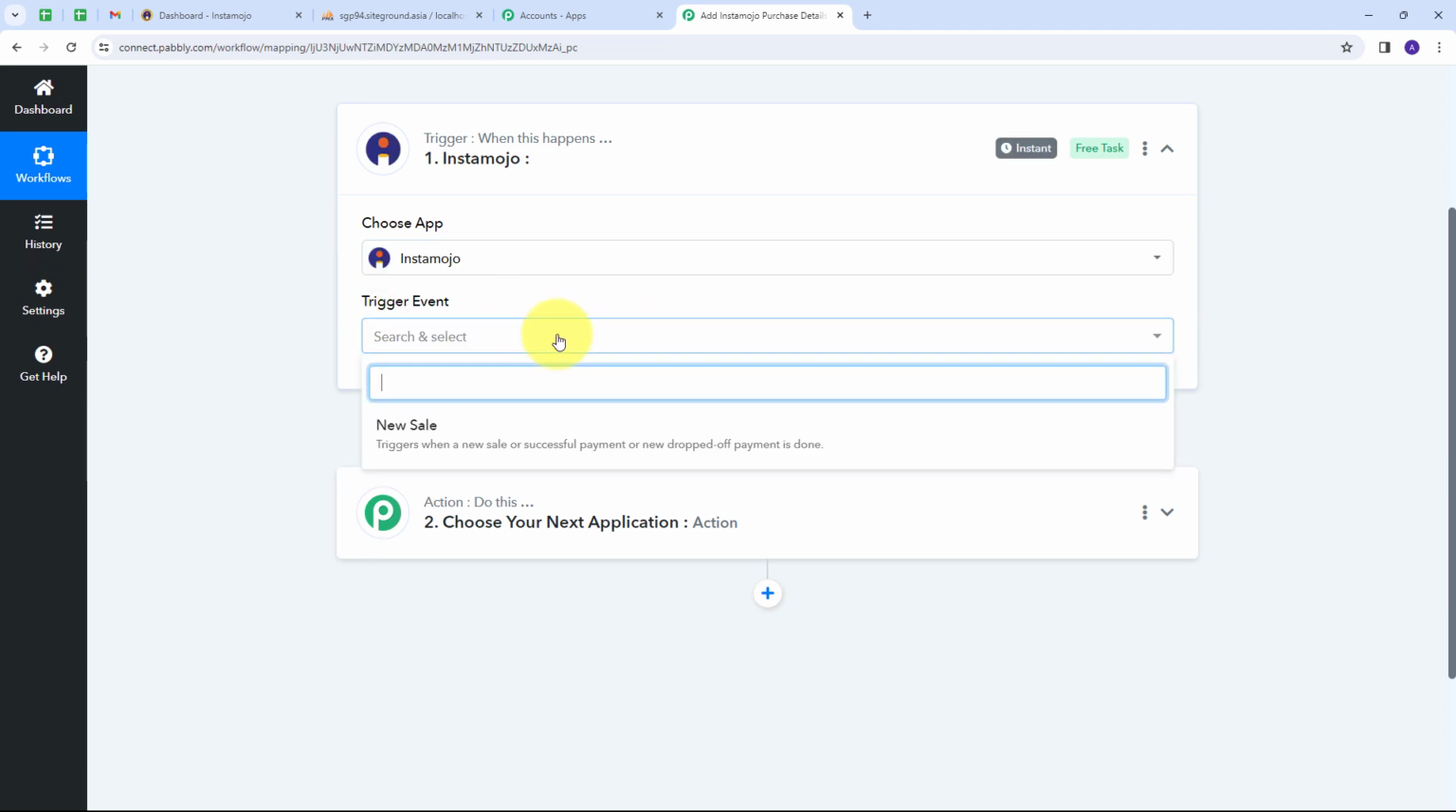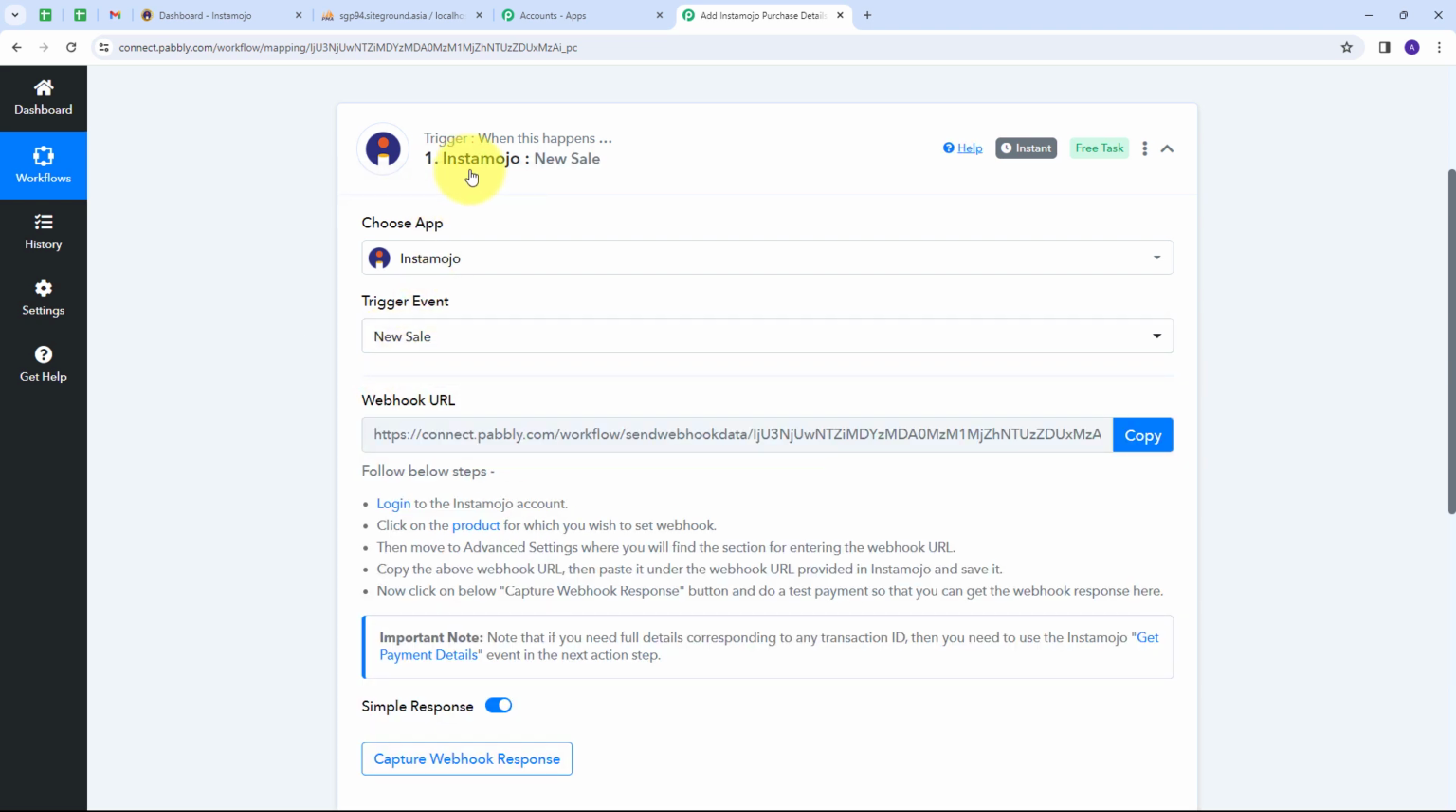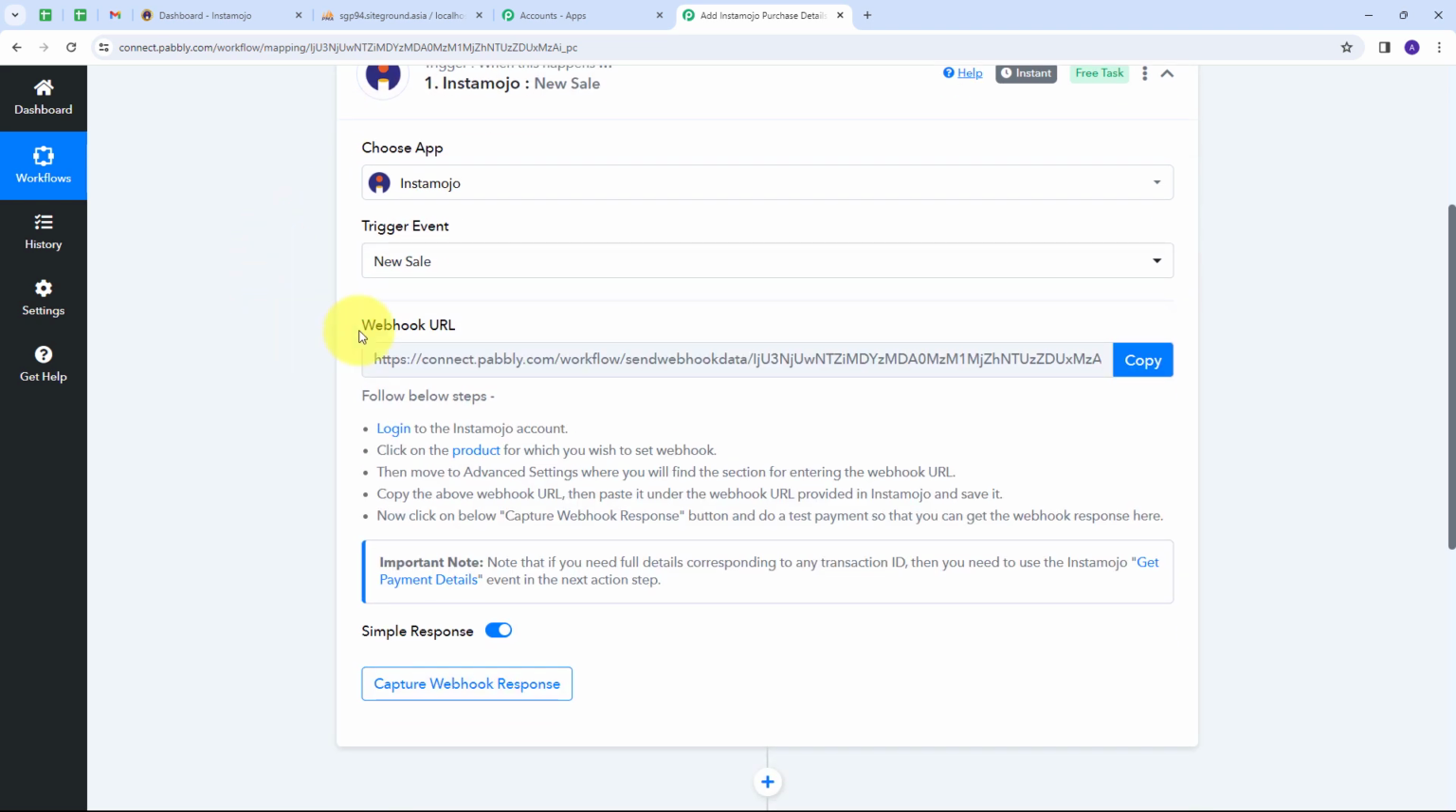So I'm going to open this tab, and new sale will be my trigger event. I'm going to select this, and now I'm going to connect Instamojo with Pabbly Connect. For that, I have to use this webhook URL, and this webhook URL is going to work as a bridge between Instamojo and Pabbly Connect. So for connecting Instamojo with Pabbly Connect, I have to follow all these instructions, and first I have to copy